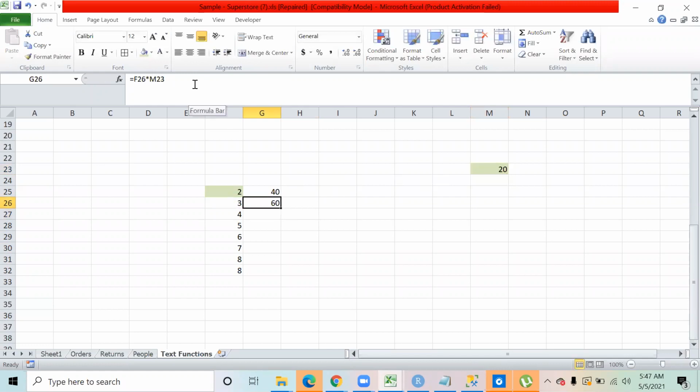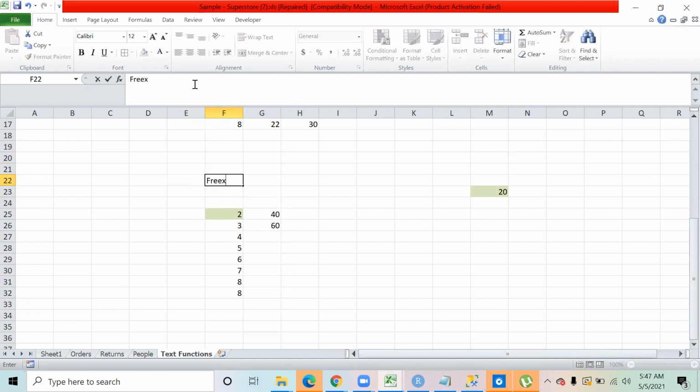But because of a property of Excel, it is going to change. This formula is going to change, because the moment I copy and paste it down, 22 will become 23, 23 will become 24, and likewise. So what we do in this case is there is a concept of freezing. Freezing the cells, right? What you can do is you can freeze the cells.